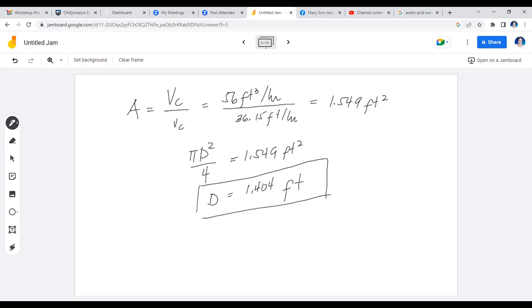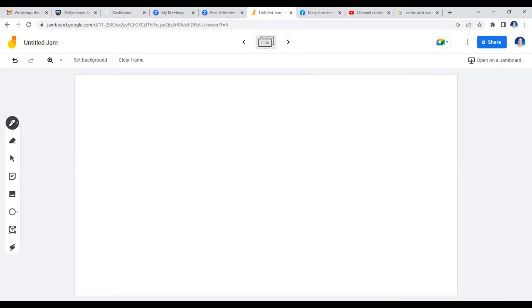Next would be the height. So I'll place here C. We need to get the average of the range of values of HETS from the table. So a while ago, I encircled 0.4 to 1.5. So you have 0.4 plus 1.5 divided by 2. That should give you 0.95. So 0.95 meters,